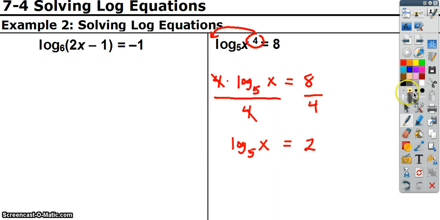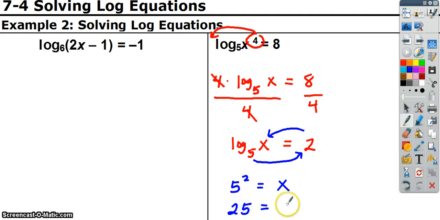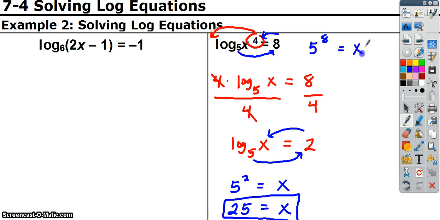And now when we do our little reverse spiral thing, it makes the problem much easier. I have 5 squared equals x. 5 squared is 25 equals x, and I've got my answer. If we had done the reverse spiral at the beginning, I would have had 5 to the 8th equals x to the 4th, which we could have solved